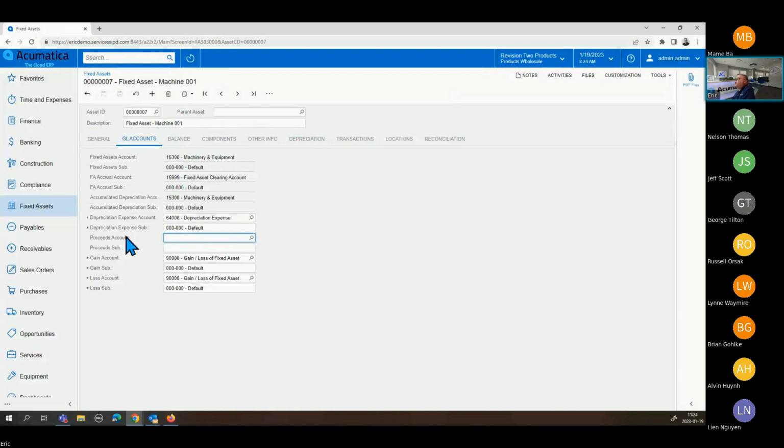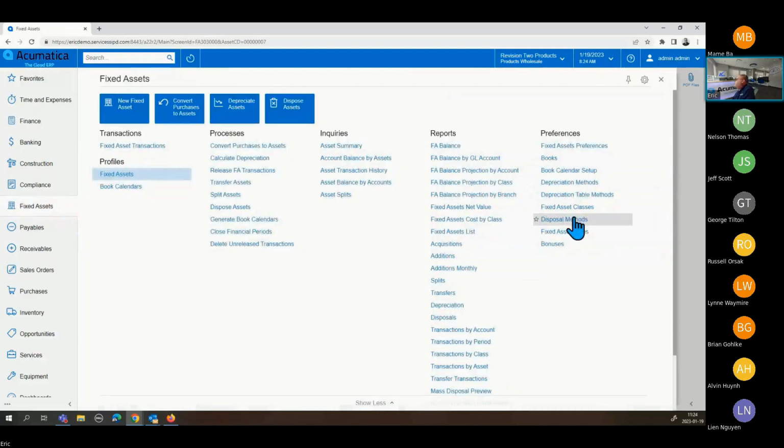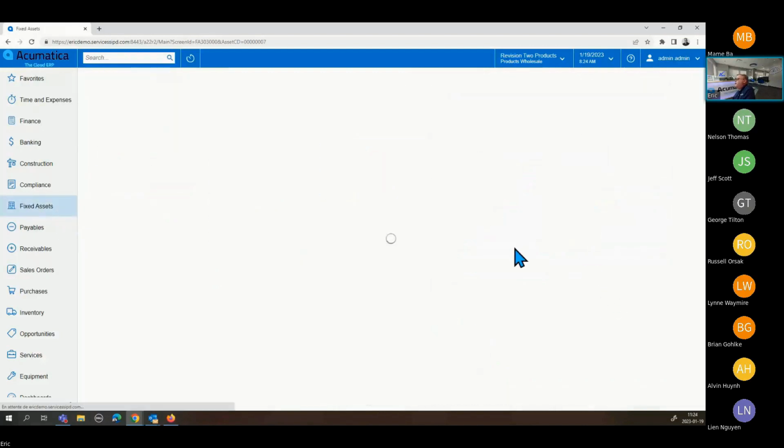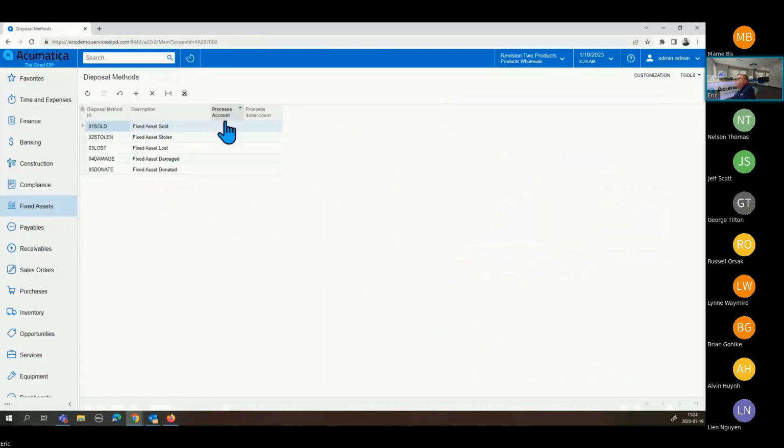And the proceed account can change depending on the type of the disposal method that you are using. So if I go there, you can have different disposal methods with different proceed accounts. So you see for stolen, sold, stolen, lost, damaged, donated. In that demo system, they didn't put any proceed account, but typically for the sold one, I put one